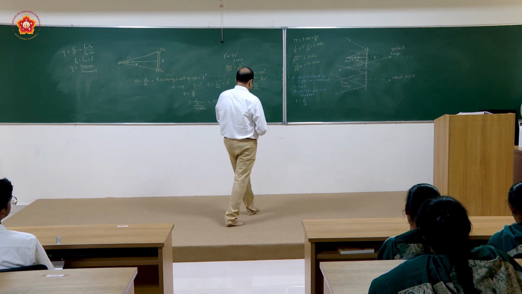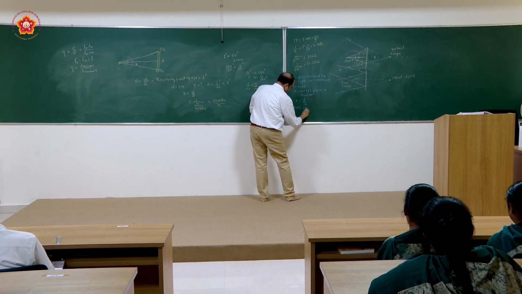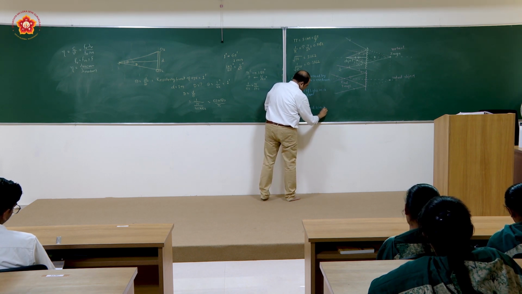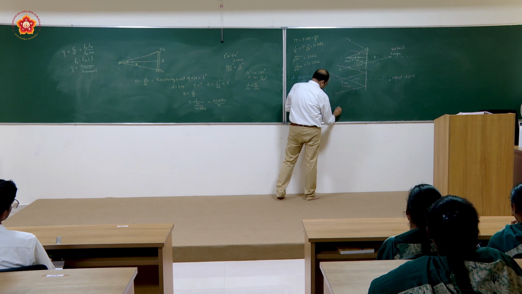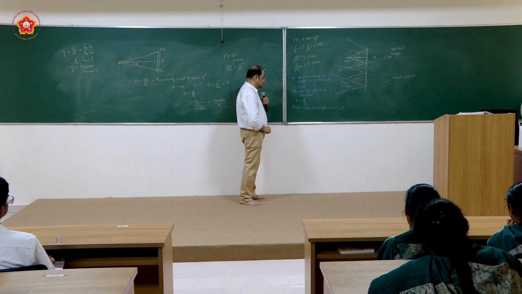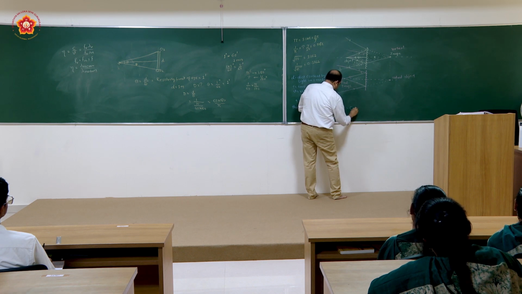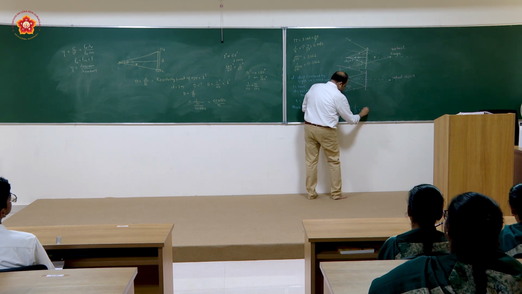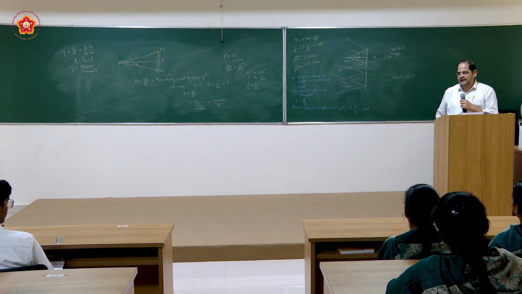Then optical length is equal to L, the speed of light in a vacuum multiplied by the same time t. So I will be able to write down this relation as C multiplied by D upon V. This is equal to mu times D, where mu is standing for refractive index.